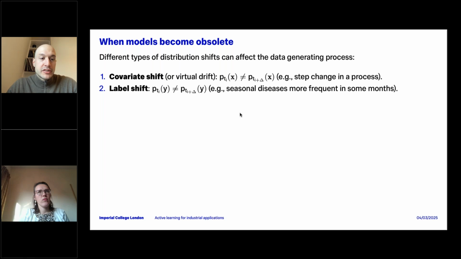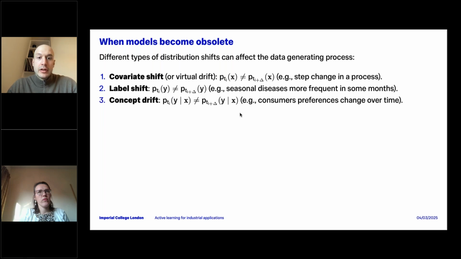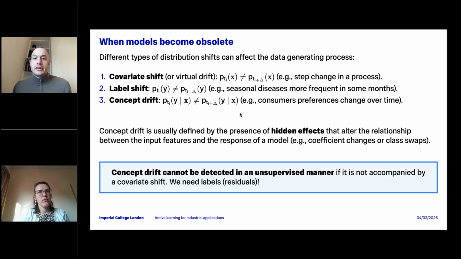And the third one, which is the most difficult, is concept drift, because the conditional distribution of the response given the covariates changes. And this is sometimes determined by, for example, hidden effects that affect the relationship between the input features, or a macroeconomic phenomenon that can affect an economic model, or the distribution of the preferences of consumers changing over time.